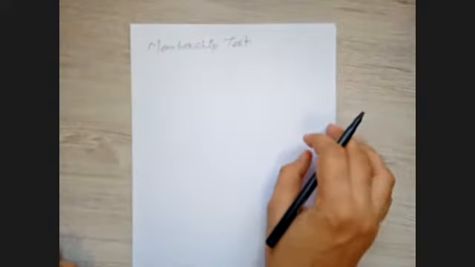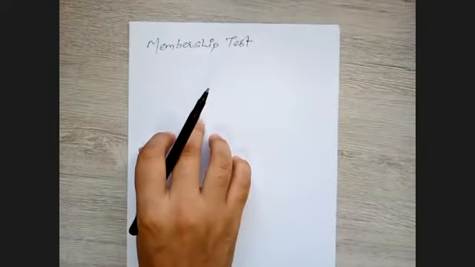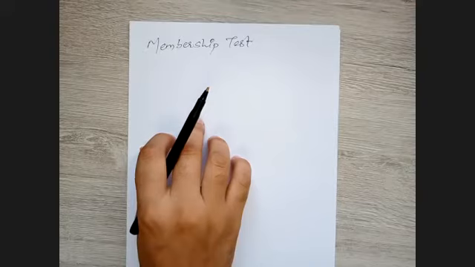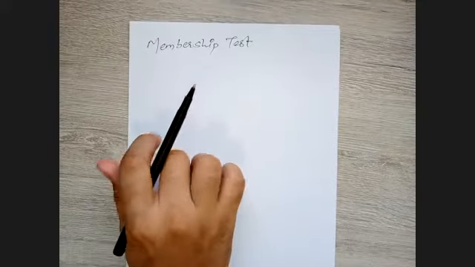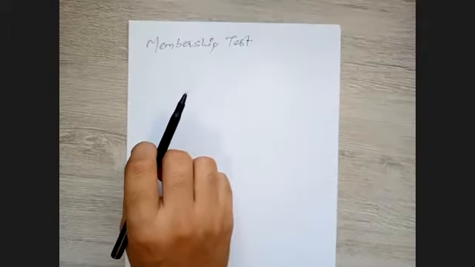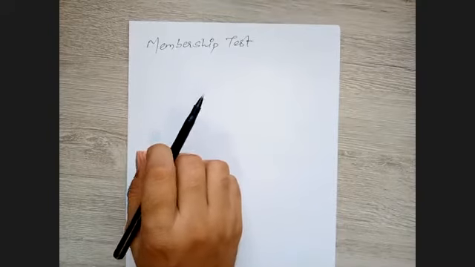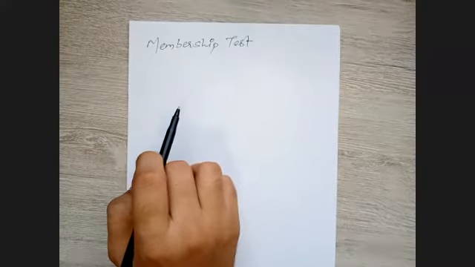Okay, so in the previous class, we have seen how to find the closure, right? And we have also understood how to find the number of candidate keys, which itself is an NP-complete problem. Now let's start with another topic, which is called the membership test. As the name says, we need to identify whether a given functional dependency is a member of another set of functional dependencies. For a single functional dependency, we need to check its membership test.